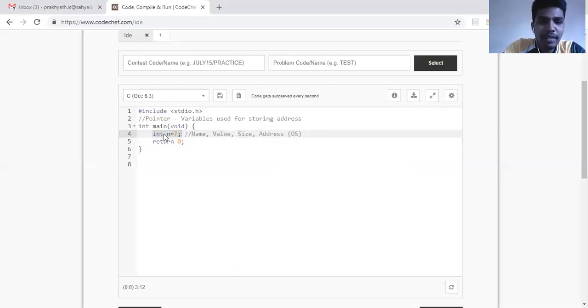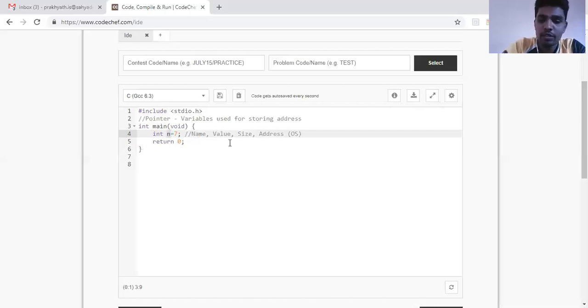Size depends on the keyword: integer on a 16-bit machine takes 2 bytes, float takes 4 bytes, double takes 8 bytes, character takes 1 byte. Value is the value we have initialized that variable to. And then the name: when we say we want 2 bytes of space for an integer variable, what is the name of that memory location? That is given as n here. We call it a variable name, or we use identifiers for naming the variables.